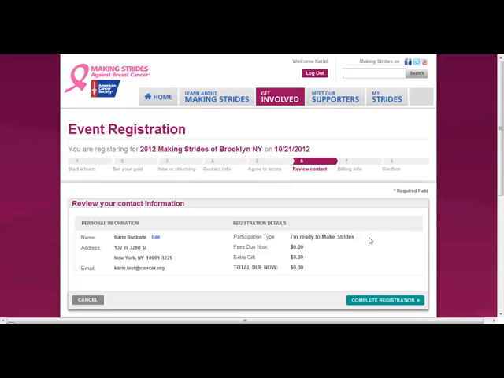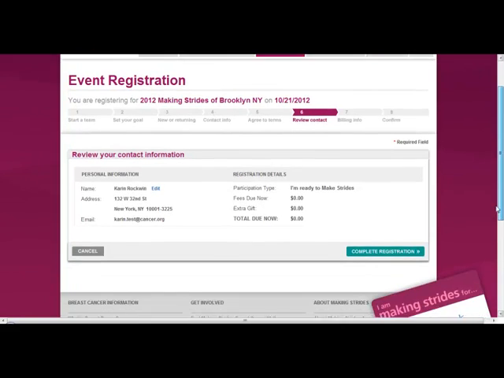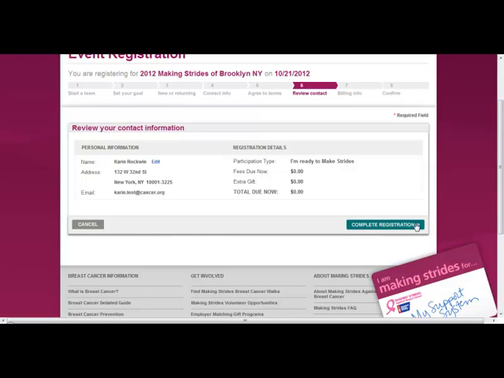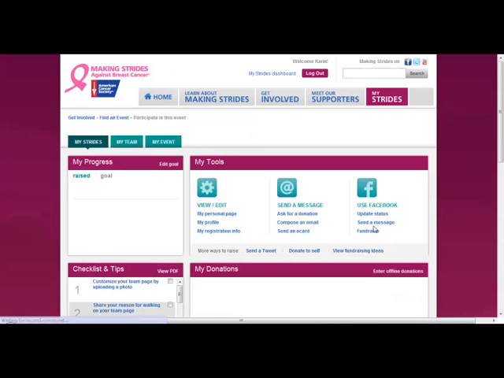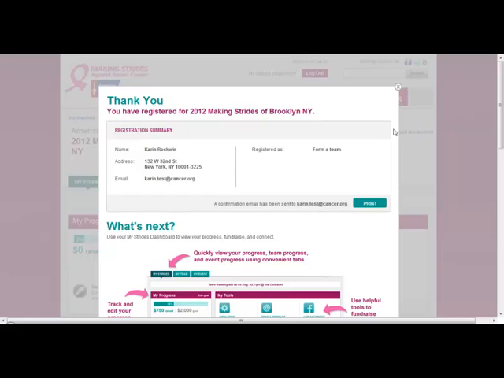And this will also give you your registration details of your participation type, saying I'm ready to make strides, and if you've said that you're going to make a gift at this time. So now that I've reviewed all this information and I said, okay, this is great and it's correct, I'm going to complete my registration. So we'll click this complete registration button, and it will bring you to this page, which